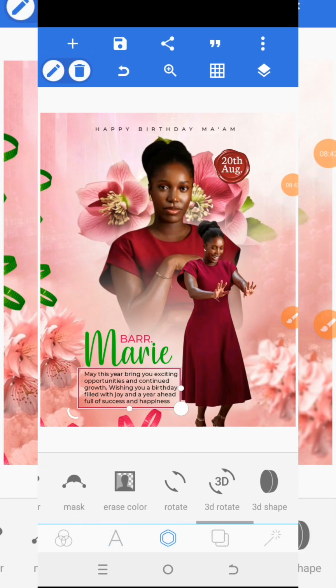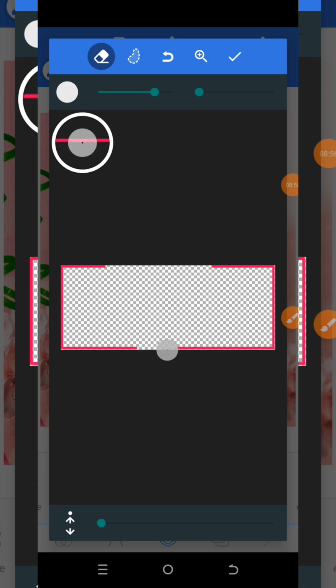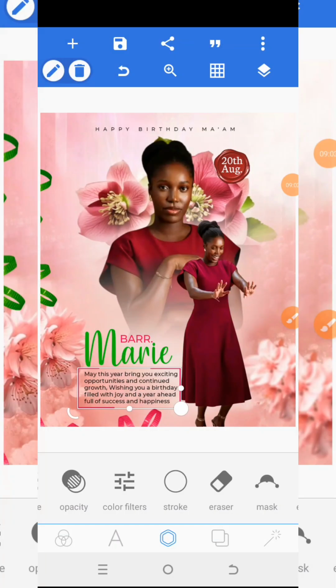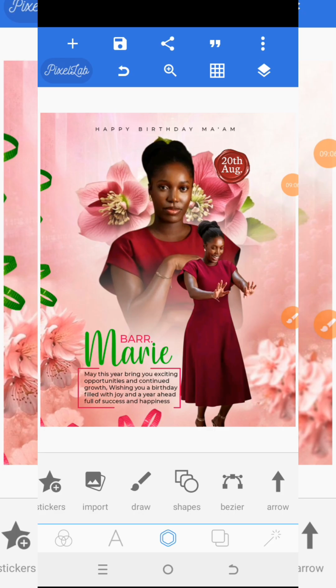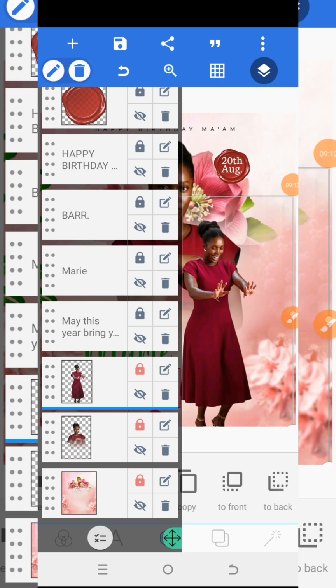Yeah, this is extremely hard. So let me use the erase tool and do some kind of something. So first here, this one is bigger, so I'll fix it here. Yeah, good. So here we go. Let me just move her